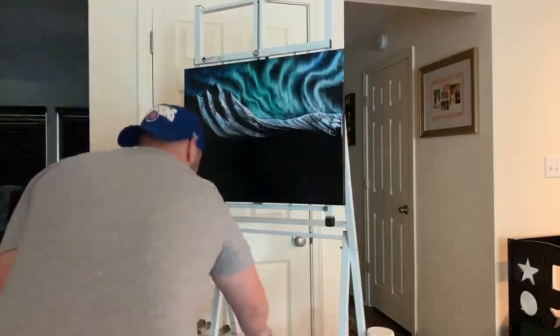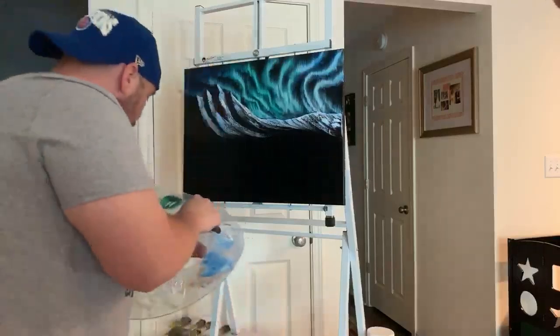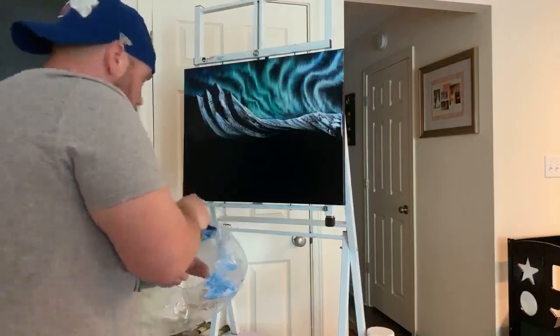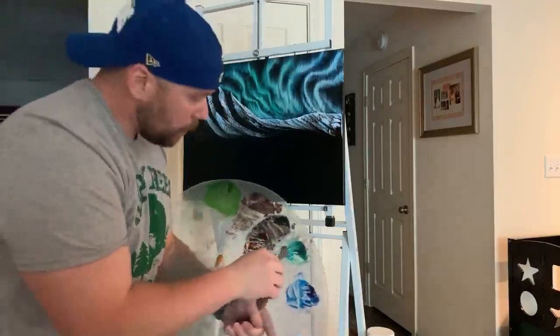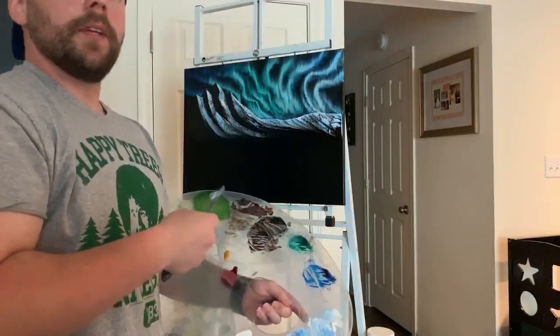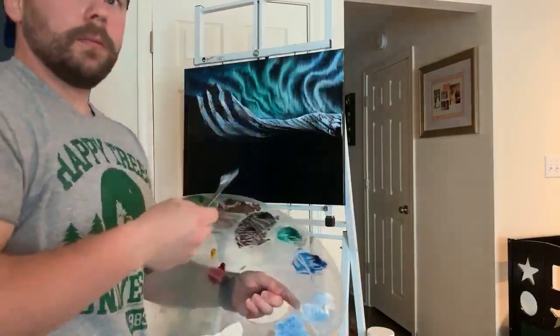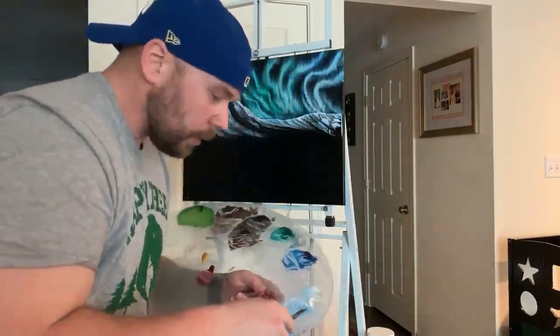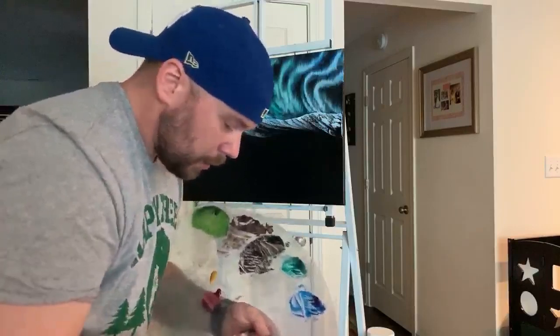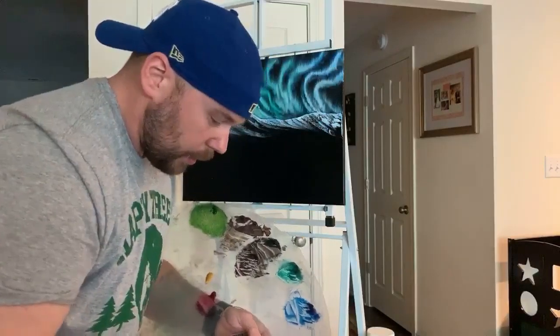All right. Now I'm going to mix up my. I'm going to take a little bit of the color I made the Aurora Borealis with. I'm going to use this phthalo green. Is everything showing up without the lighting? Mm-hmm. The lighting's working good? Okay, good. Take a little bit of that phthalo green, mix it with some of a titanium white, and then